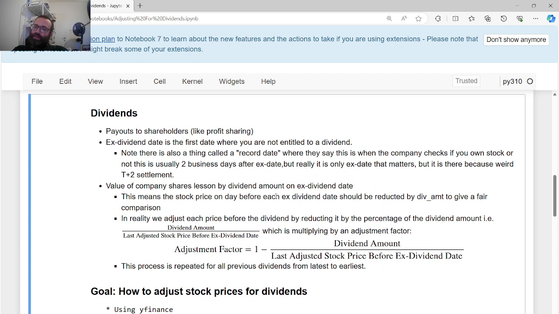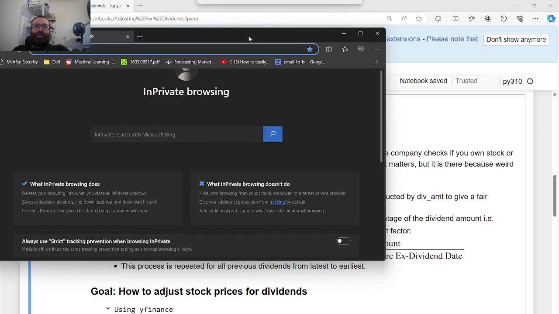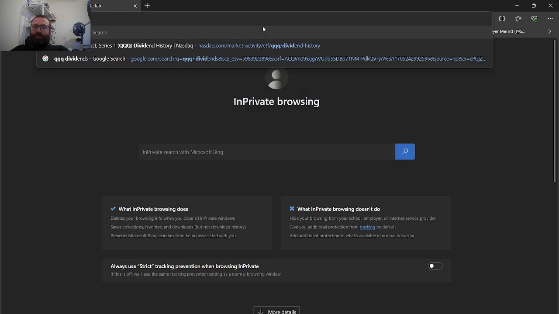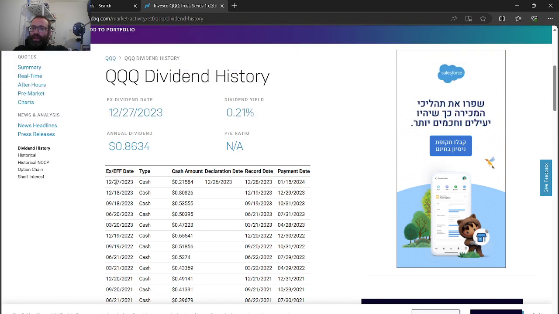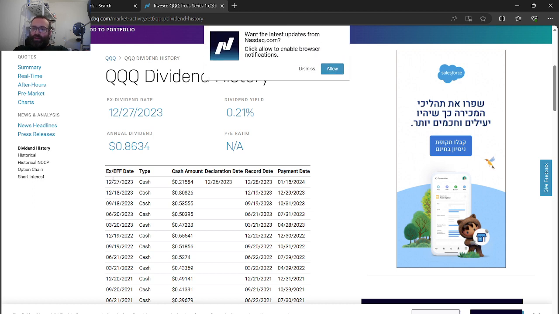But anyways, an important thing to note is that there's this thing called the ex-dividend date. This date is extremely important. This is the first date where you are not entitled to a dividend. So let's say we're going to look at QQQ dividends. You'll see there's this thing called an ex-dividend date. So this means 12/27. If I bought the stock on 12/27, I'm not entitled to that dividend. It's too late. If I was owner of it a business day before,